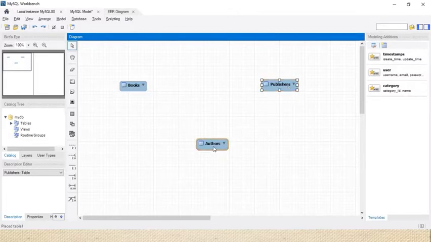Now we will talk about the author table. Right now we are still at the conceptual level, and we will turn the conceptual level into the logical level. So for authors, what information will we use? We made a mistake with the publisher. In the publisher we use only the publisher ID and the name of the publisher.